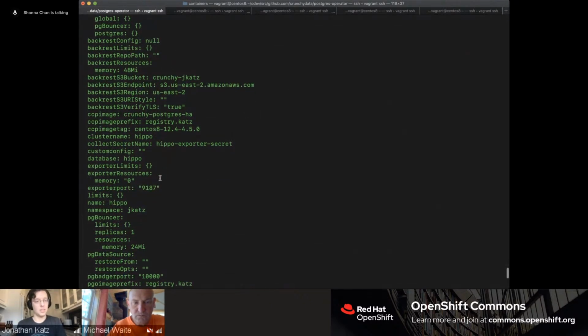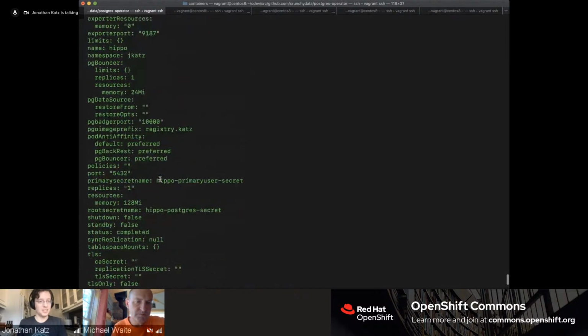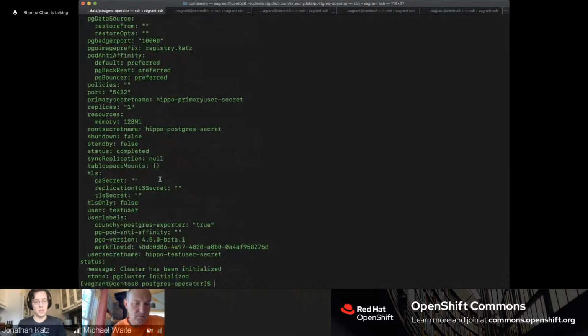Yeah. So this is an example CR. This is the cluster that I was demoing from. And it is in the GitHub. Correct. Well, it's in our documentation. So we have an example for how you can create a Postgres cluster using a custom resource. One of the reasons why we have the command line is that it makes it a little bit easier. It's much easier to type pgo create cluster hippo than to fill out the CR. But that said, we do provide examples for how to do it using just the custom resource. Okay, cool. Thank you. Welcome.